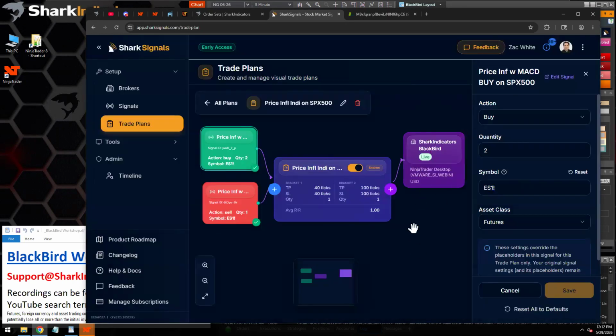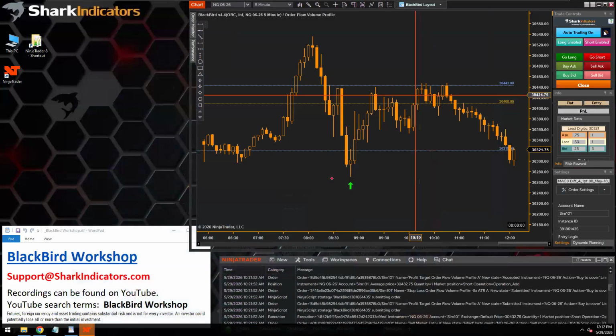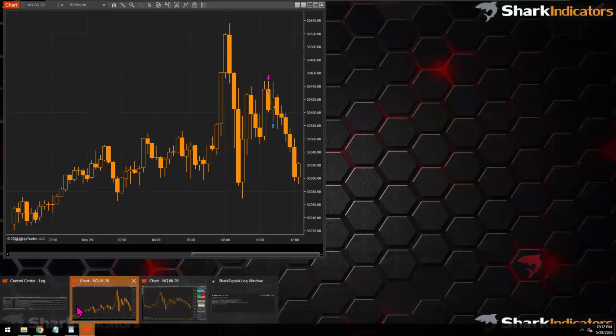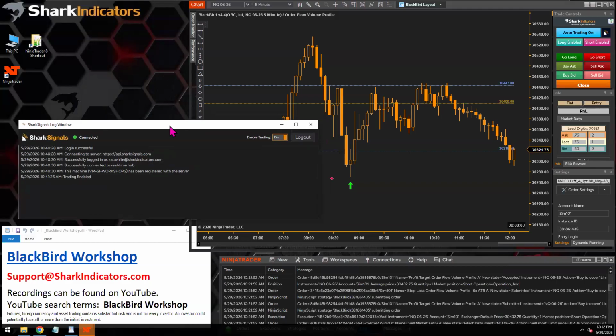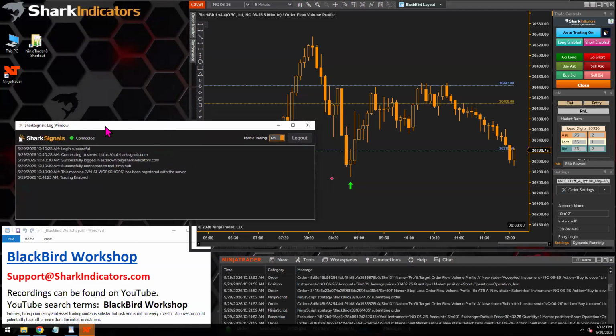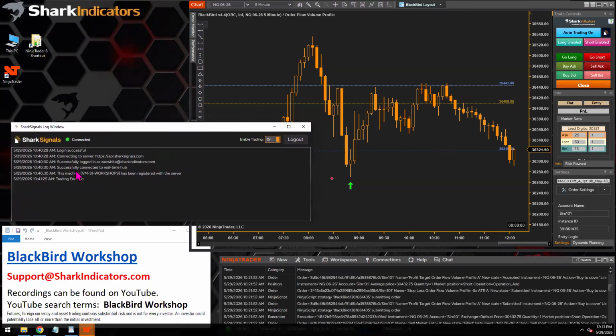You can have any account loaded in here, but the signal comes through and it is received by the client here. So remember, this is the Shark Signals client. The client receives all of your Shark Signals signals, and then the client disseminates how they're executed, where they go. And so the default behavior is